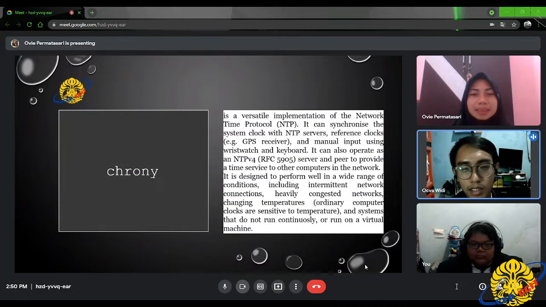Chrony is a versatile implementation of Network Time Protocol, or NTP. It can synchronize the system clock with NTP servers, reference clocks, for example GPS receivers, and manual input using wristwatch and keyboard. It can also operate as an NTP v4 or RFC 5905 server and provide a time service to other computers in the network.